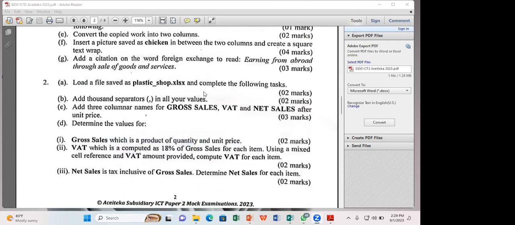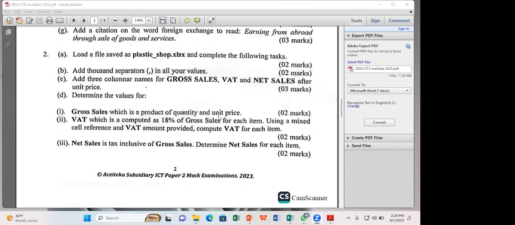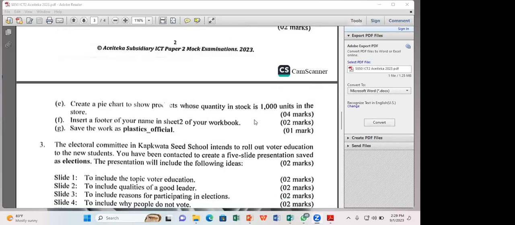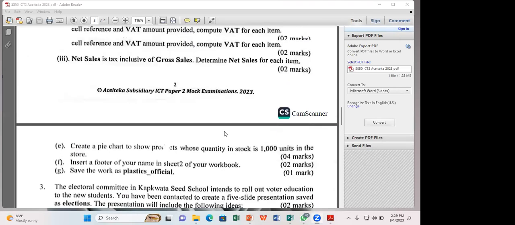Come to the next one. Load the file saved as plastic. You know how to load. You put these commas. You have these 3 marks. Determine the values for the gross sales. You realize that you can do this and this and this. Then you recall later that you cannot draw a pie chart. And these are only 4 marks that you cannot do. So those are 16 marks that you can do, in comparison to question 1, where you have only 11